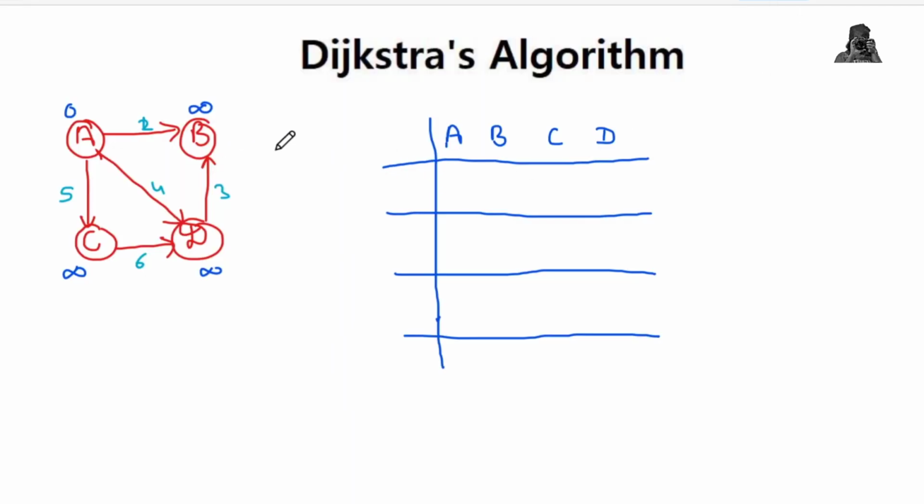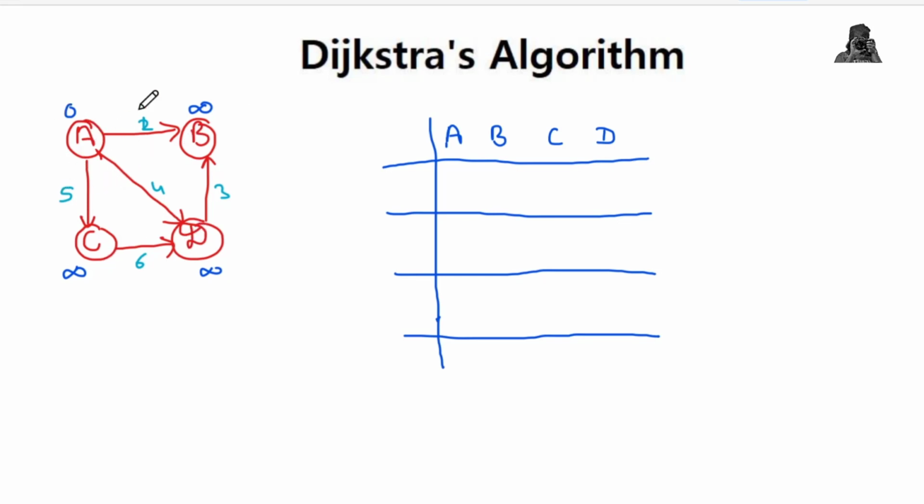Let's now understand Dijkstra's algorithm for directed weighted graph. So this is the example directed weighted graph. We'll apply Dijkstra's algorithm to find the shortest distance from a single source, and we are considering A as the single source or source vertex. We'll find the distance of all the vertices, which are B, C and D, from the root or source